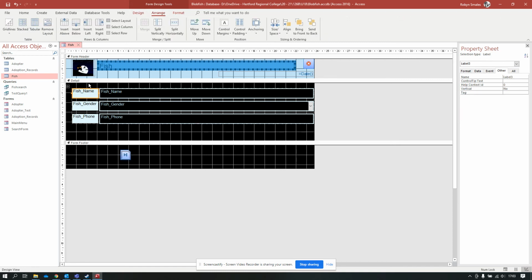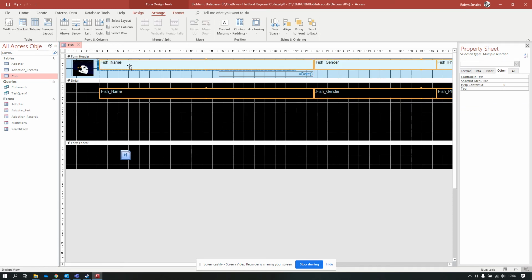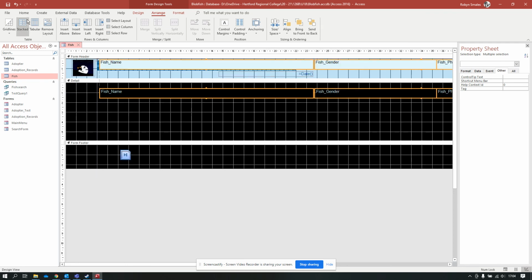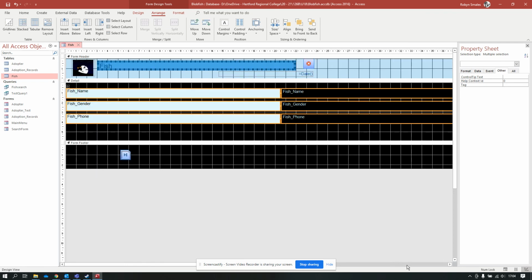You do also have some arrange options in here. Because the forms are usually set out by default, and that default set out is pretty much what people expect to see, they tend to leave it, or I would tend to leave it as it is there. But you can have it set out as a tabular view, where you've got your fields going along the top and the results of those fields going across the bottom. I don't necessarily recommend it. That's gone excessively long. I would stay with the stacked view for that, and